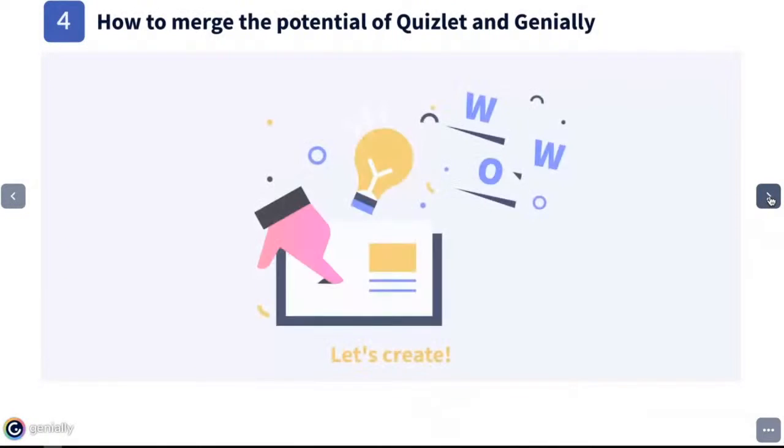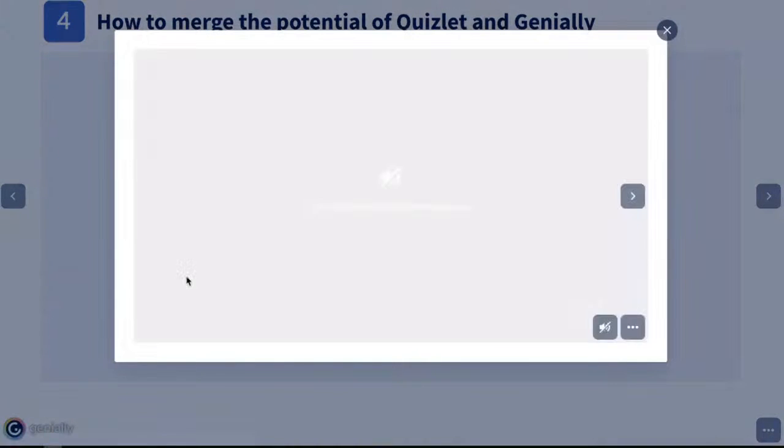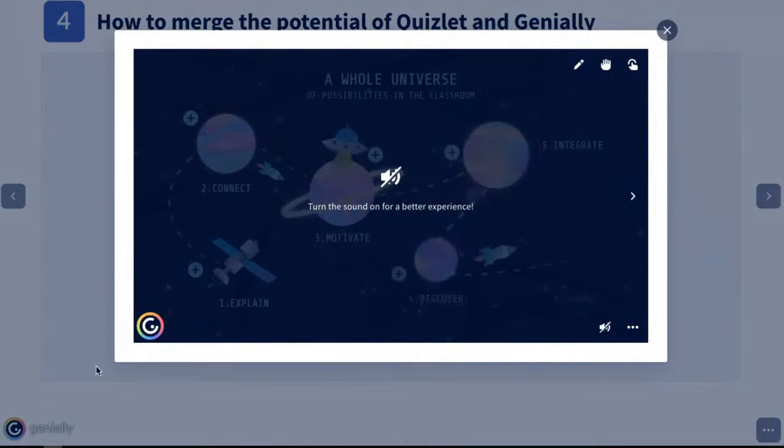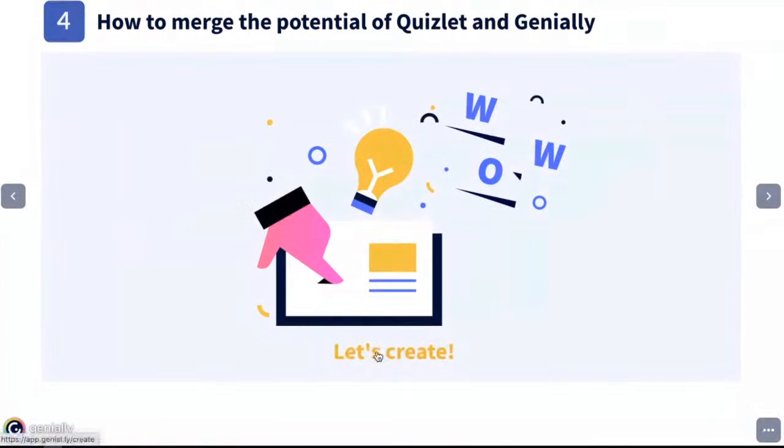I'm also ready to do the demo portion of Genially. And this is what we're going to do today, okay? I'm going to show you the final product and I'm going to build it. We're going to build it from scratch together. So you can later rewatch this video if you want to do it step by step. This is kind of what we're going to create. We're going to continue with the universe or planets theme. And this is what we're going to create. And in order to do that,